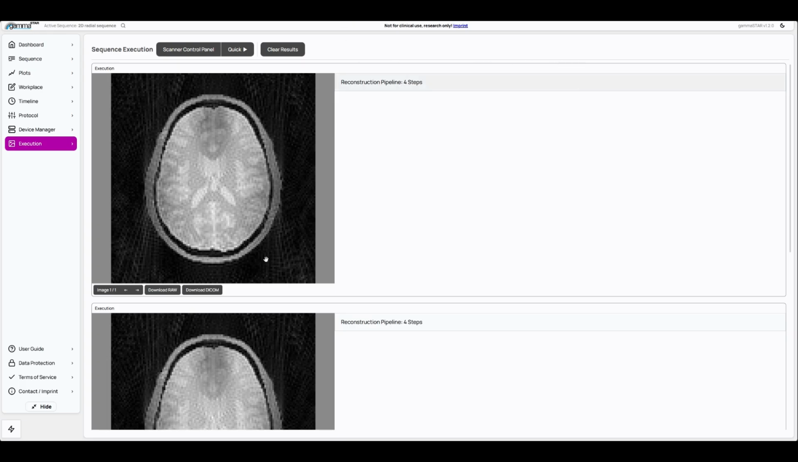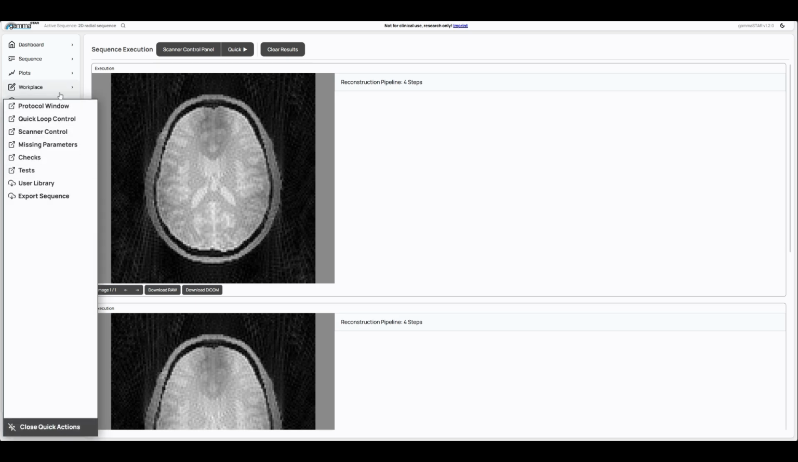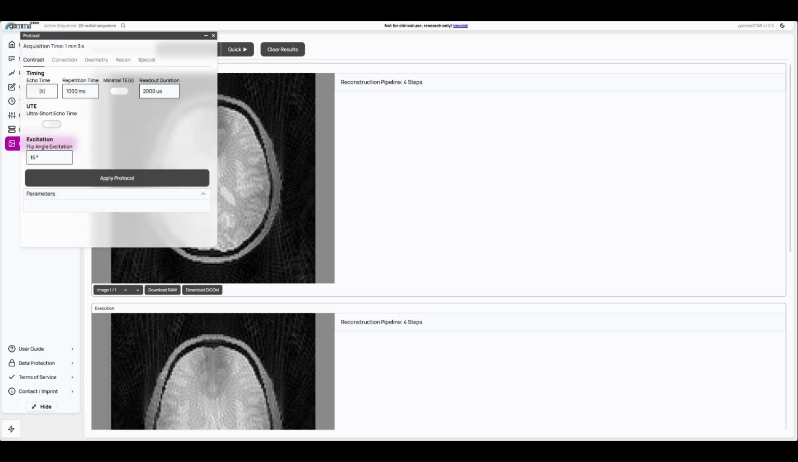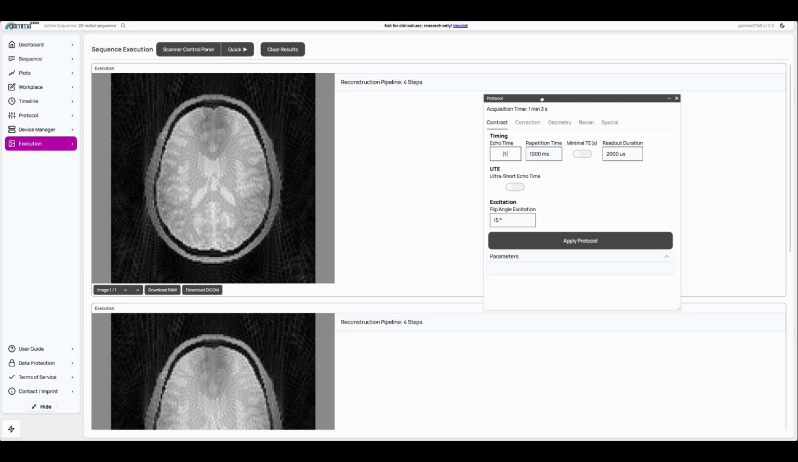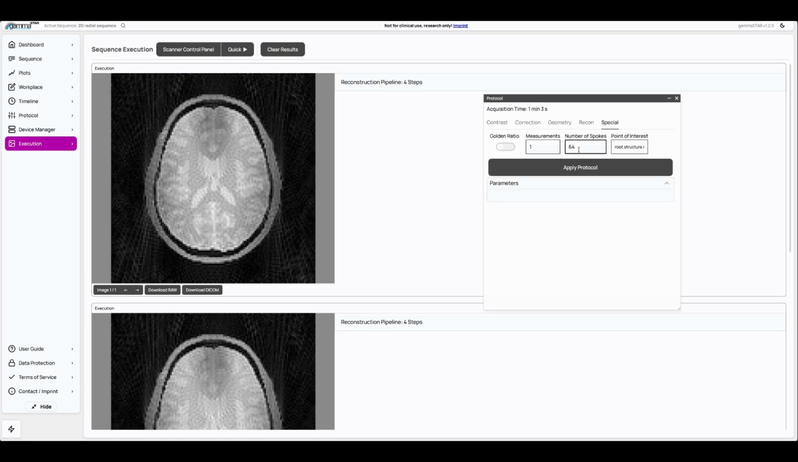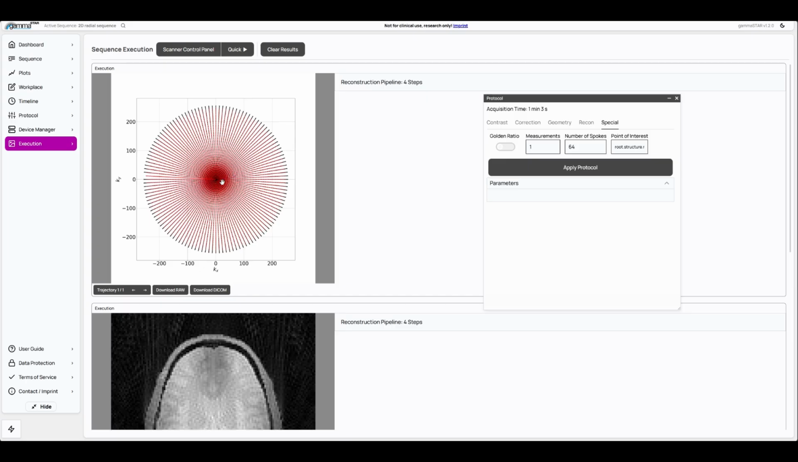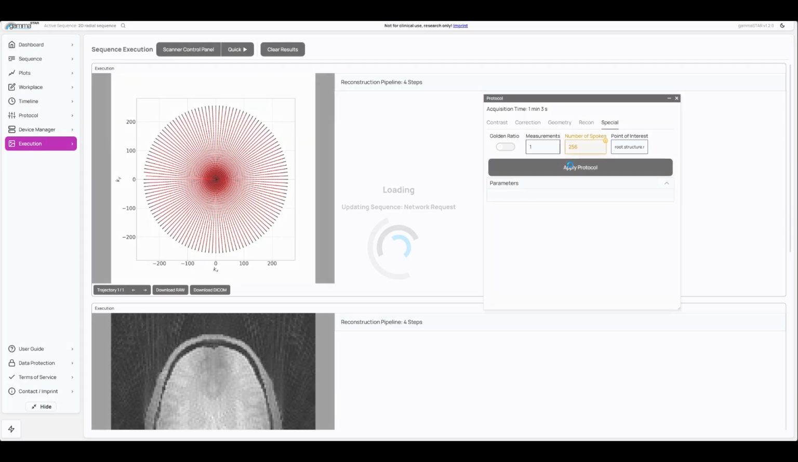We could also play around with the number of spokes, so we can open up our protocol window, go to the special card, and we see that now we have basically 64 spokes. So 64 spokes basically describe how many of those radial lines in k-space we acquire. So we could increase that to 256, for example,